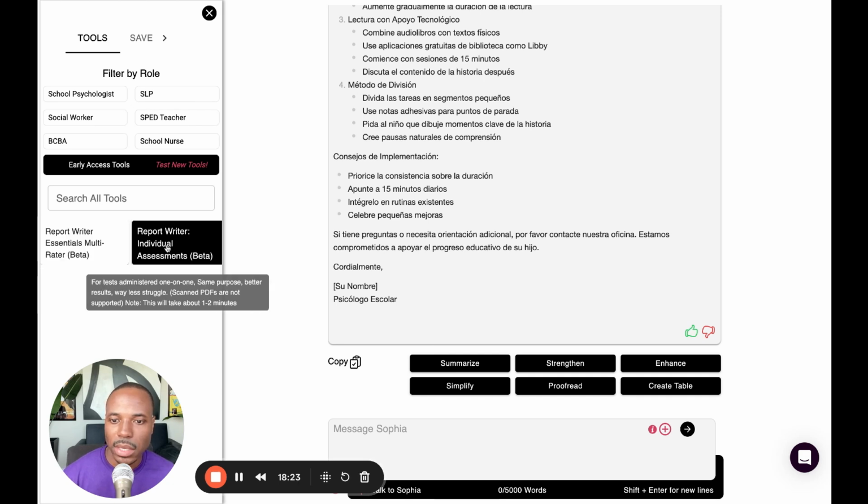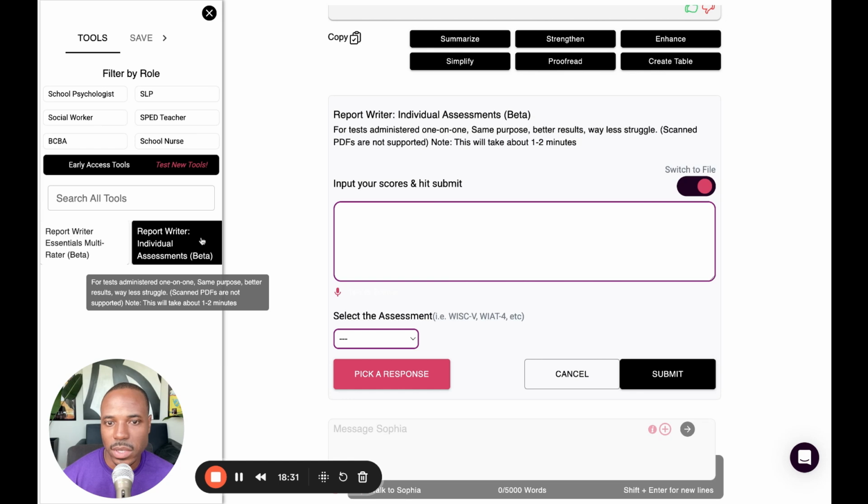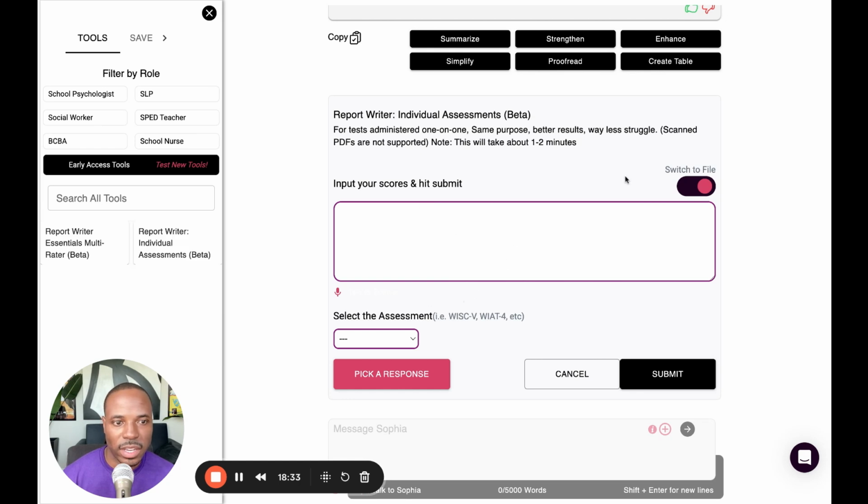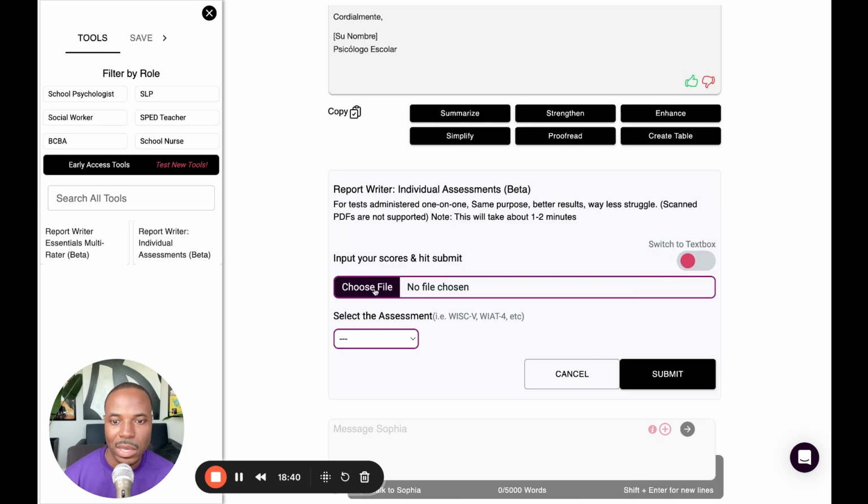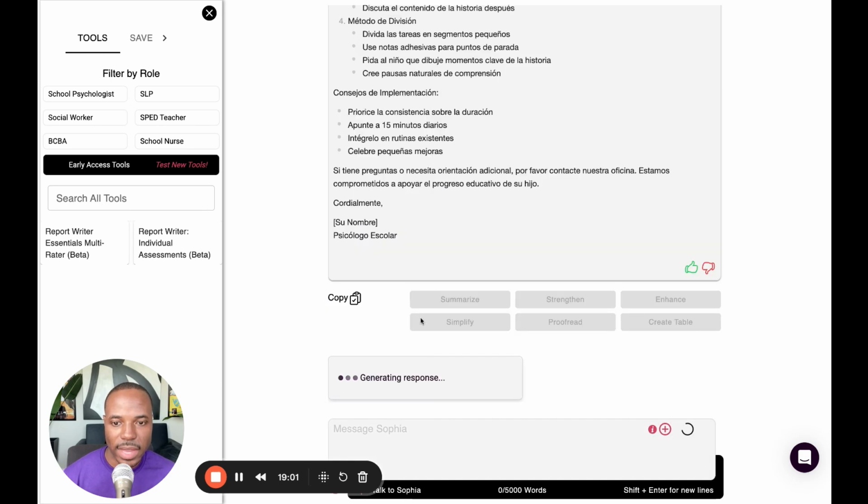We're gonna click, let's see, which one do we want to do? We're gonna select the report writer individual assessment, and you see it gives you the option to manually input scores or type them, or if you have a score report, you can switch the file, then you can select choose file. You might not be able to see it in your background, but on my end, I have my Finder window open and I am uploading a score report that I have. Once you've uploaded that score report, you're going to go to the drop down, select the assessment, find that assessment,